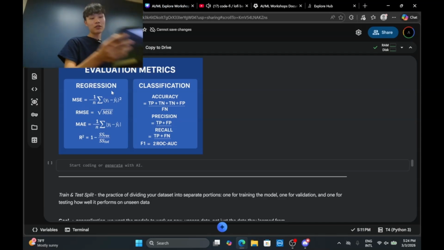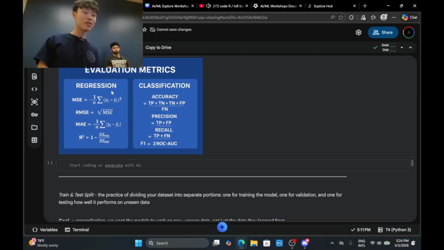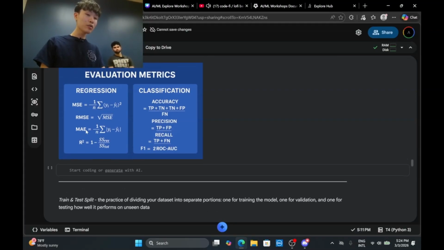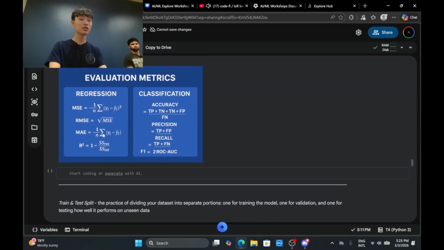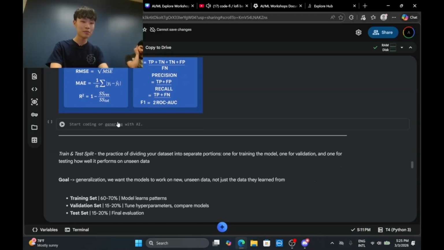Coming back to evaluation metrics. As I said before, all of these perform basically the same purpose, to see how far off the model prediction was from the actual answer. But we use each of them for different cases and purposes. So before you use any one of them, just search up what each of them is usually used for, and then you can select which one best fits your need.